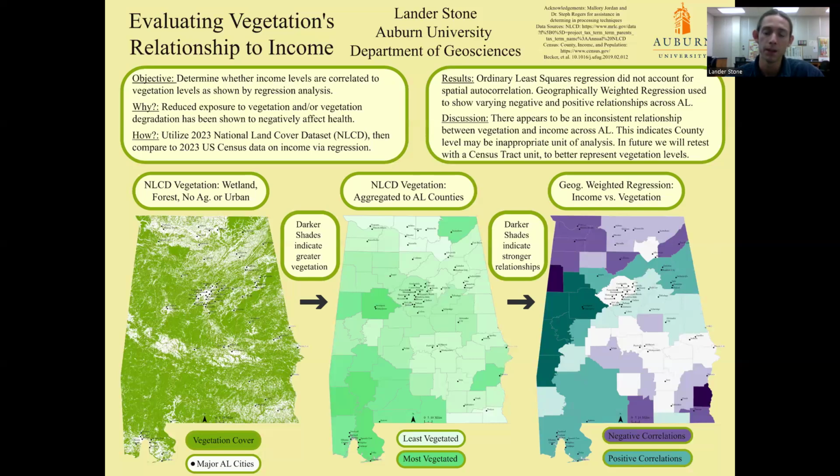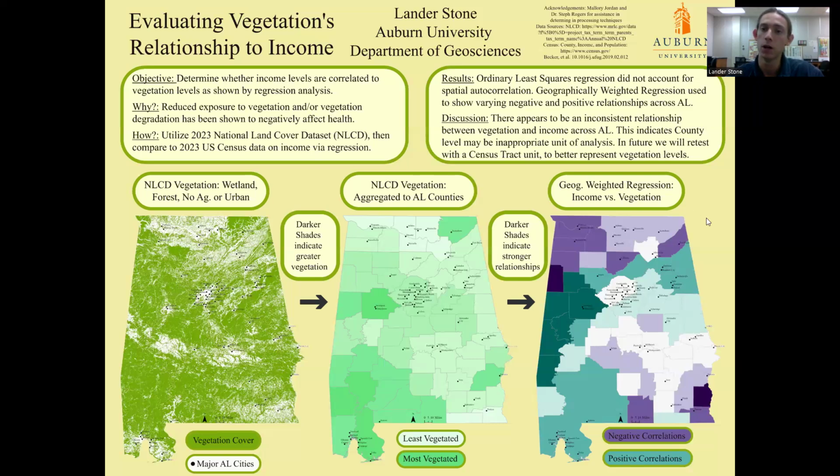across Alabama. And I believe going forward, I need to solve something that was a problem right from the start and was not considered until I had my final result. And that is that the county level is an inappropriate unit of analysis. And so what I believe I ran into here is an issue with the Modifiable Areal Unit Problem, or MAUP. And this is common in geography, where when you run an analysis, you should run it at two different